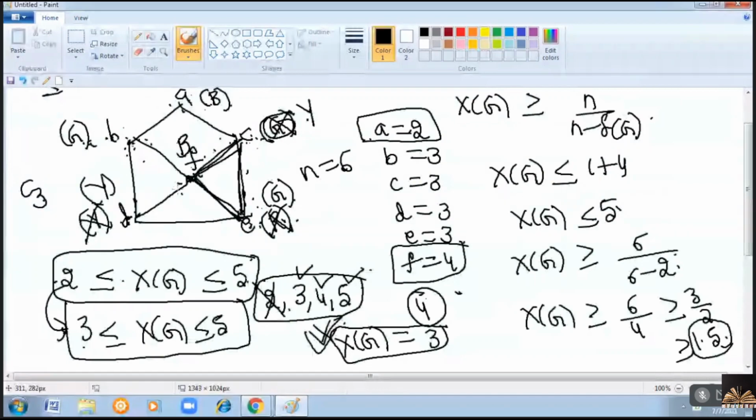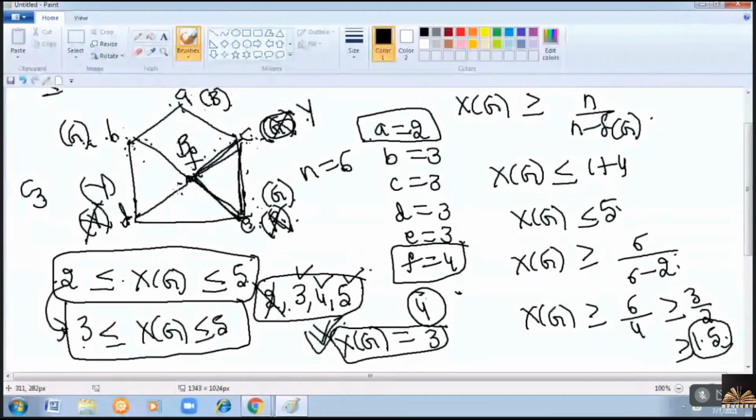After this, I'll explain another algorithm for use when there is a complex graph. Suppose you have a graph with some 10 vertices, then it is very difficult to check all the possibilities, right? If there are 10 or more than 10 vertices in a graph, then it is difficult to check all the possibilities like what you did for this simple graph. That is the reason I'll explain, after this, how to find the chromatic number by using an algorithm. But as of now, we are checking all the possibilities.